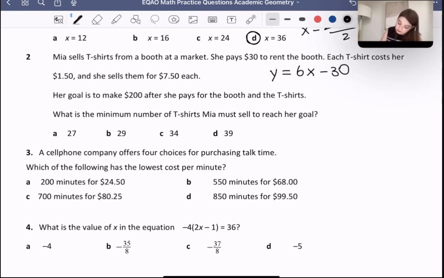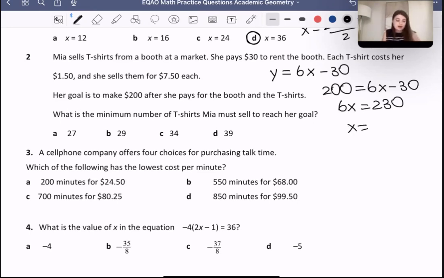So now we're going to plug in 200 for y. So 200 equals 6x minus 30, which means 6x is going to be $230. So x is going to be 230 divided by 6. So 38.33 shirts, right? Now, in this case, we've got to round up to the nearest whole number, which is 39,